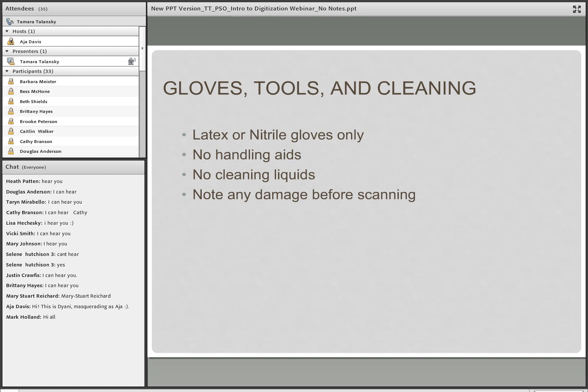Do not use handling aids such as rubber thimbles and other tools unless approved by a conservator. And what I mean by should never use gloves at all, or most of the time, is it just means you need to keep your hands clean at all times, and then you will not need to cover them up and risk damaging anything. Do not use cleaning liquids unless approved by the conservator. And if any damage to the documents or photos are found during scanning, bring this to the attention of the conservator or project manager for repair before scanning takes place.